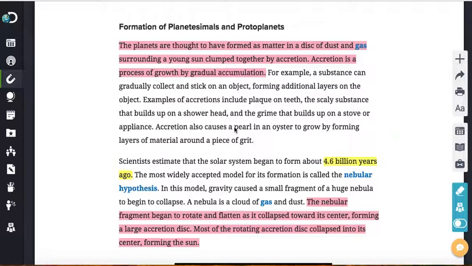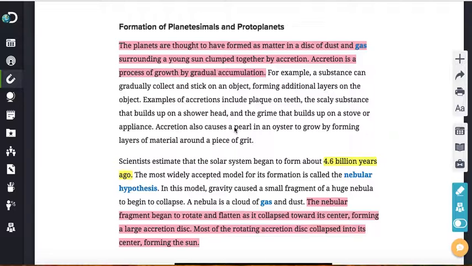Well, about 4.6 billion years ago, there was a giant explosion in space, like the death of another star, that put out tons and tons of debris into the universe.